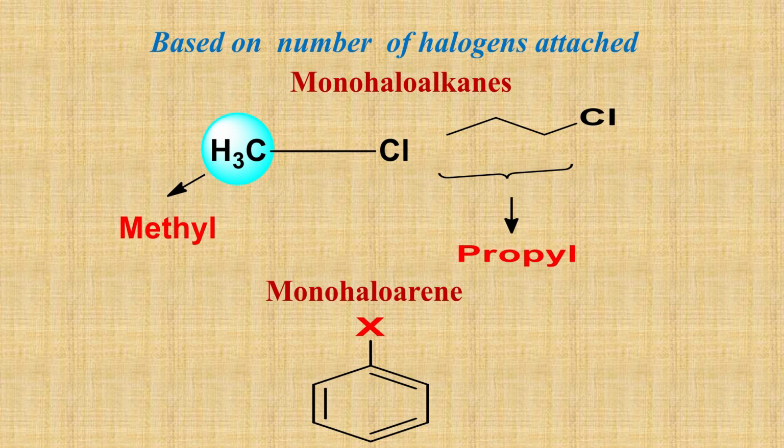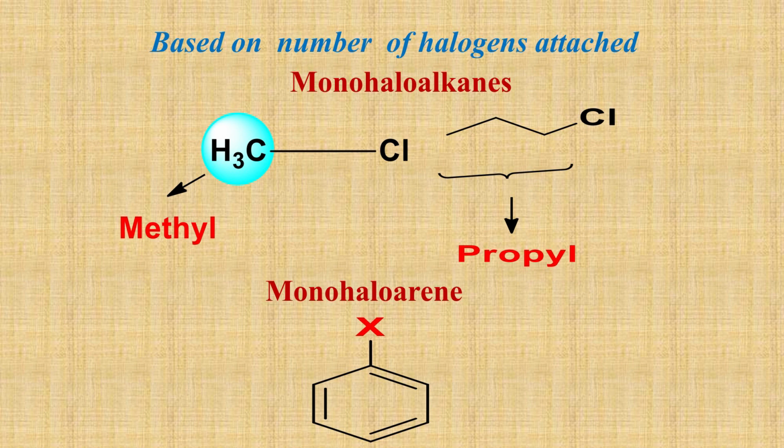So, if one halogen atom is present, it is called monohaloalkane. Again you see monohaloarene. Look at the structure, a benzene ring attached to one halogen. I told you in the previous class that when you replace one hydrogen from benzene and put one halogen,